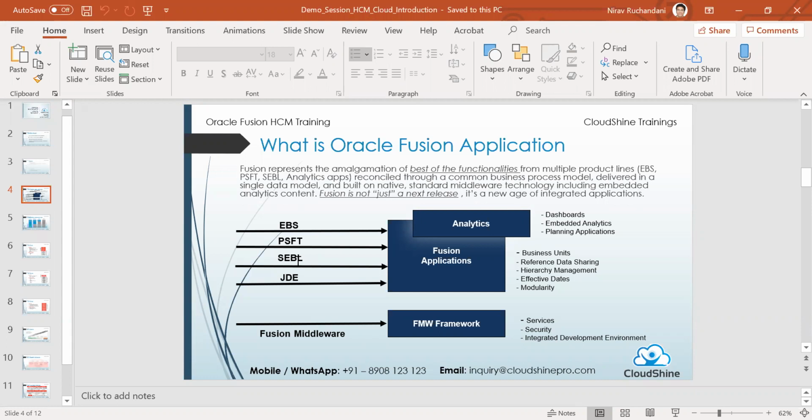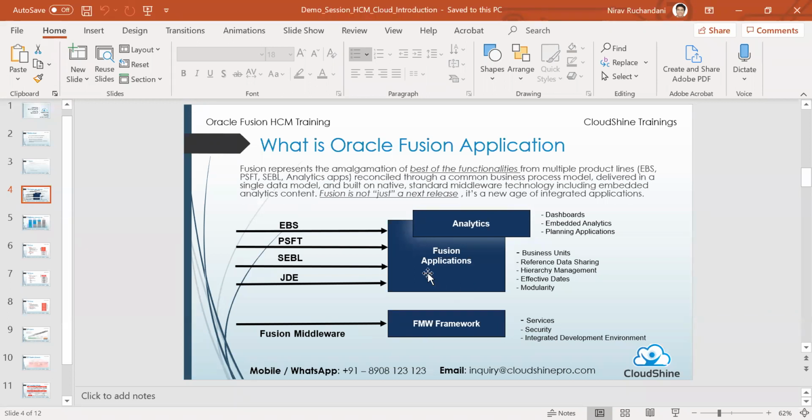In terms of how the technical architecture is, we'll talk in a bit, but essentially Fusion middleware is the framework that is provided by Oracle to connect to different applications, be it within the Fusion landscape or outside of the Oracle landscape. If you want to connect to different third-party systems and integrate them, we have Fusion middleware which supports that integration. That's the Fusion middleware, or rather the framework that Oracle comes up with.